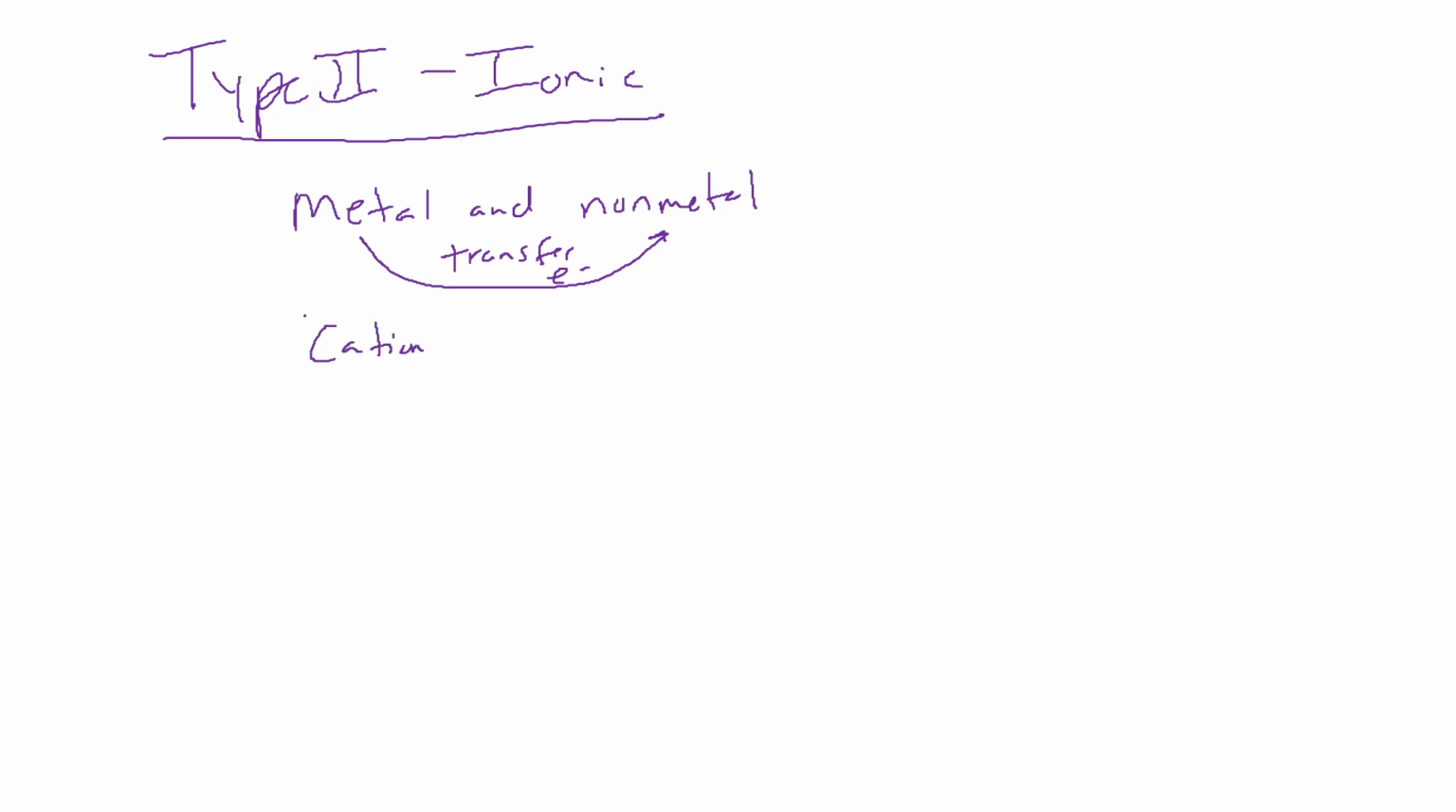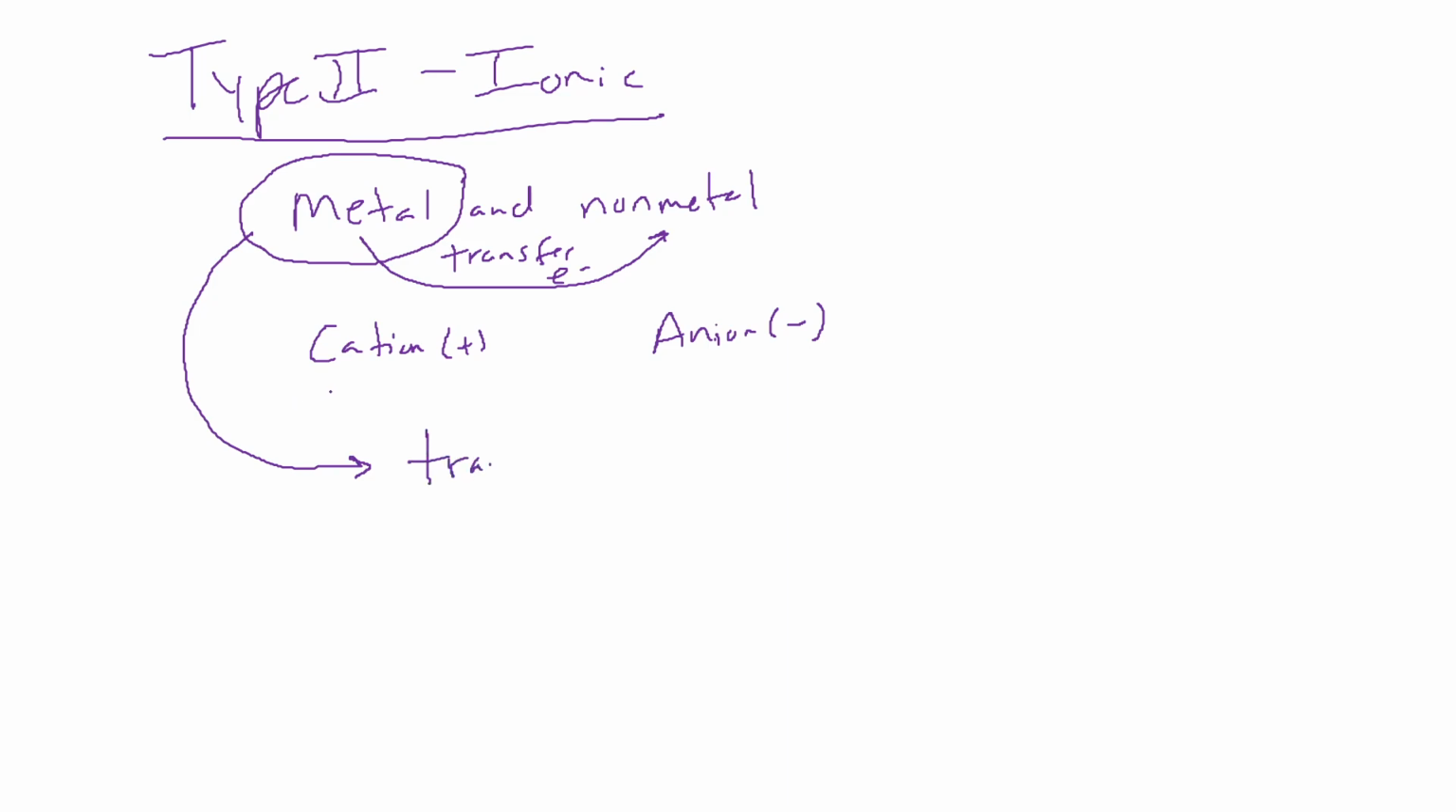So once again, a reminder, ionic compounds are always a metal and a non-metal. And when we talk about type 2 ionic compounds, we get our formation of ions because our metal is going to transfer electrons, creating again our cation, which is positively charged, and our anion, which is negatively charged. And here, whenever a metal is involved, it's really the most important thing. And what makes something a type 2 metal is it typically is going to be a